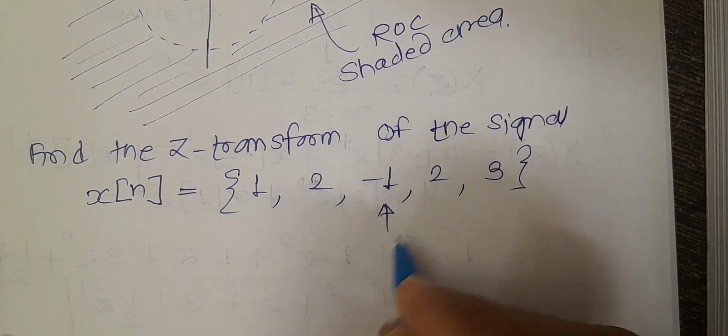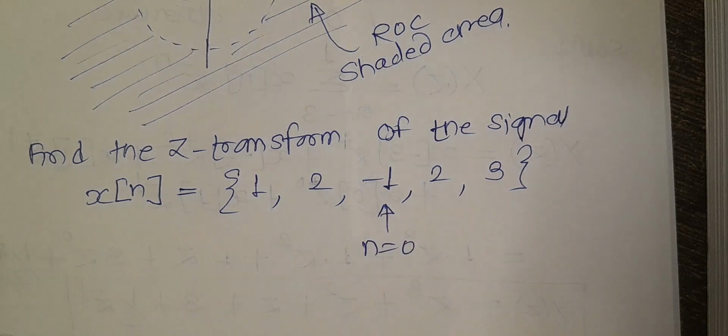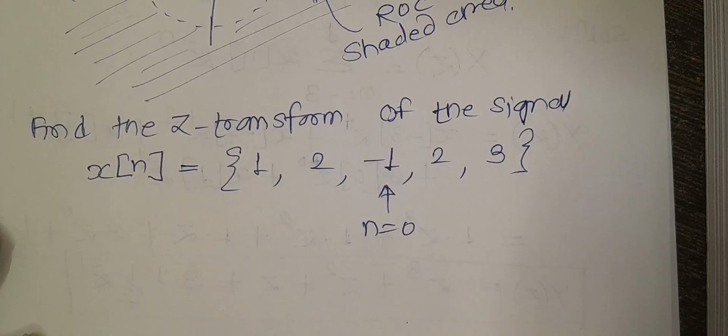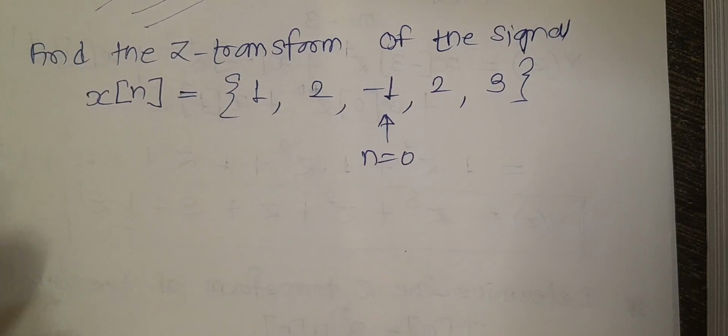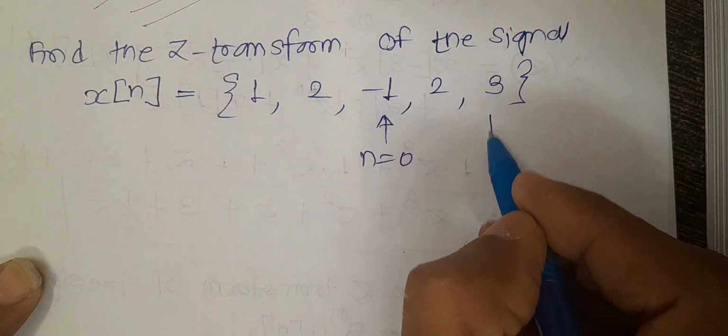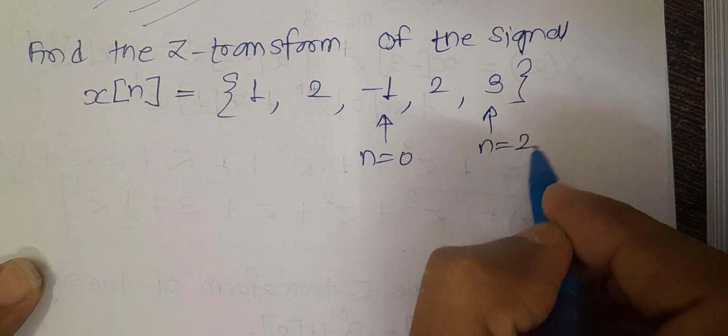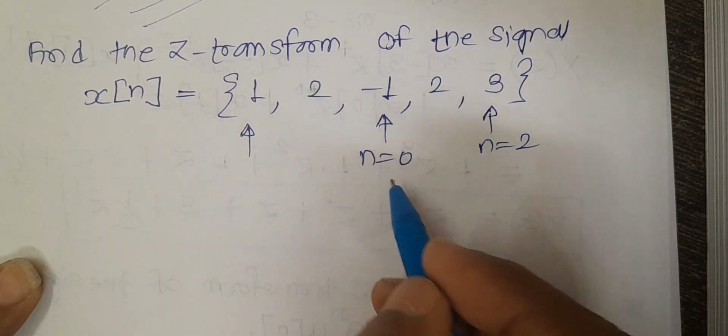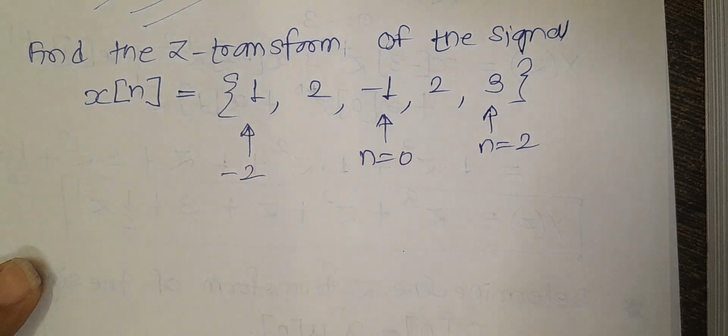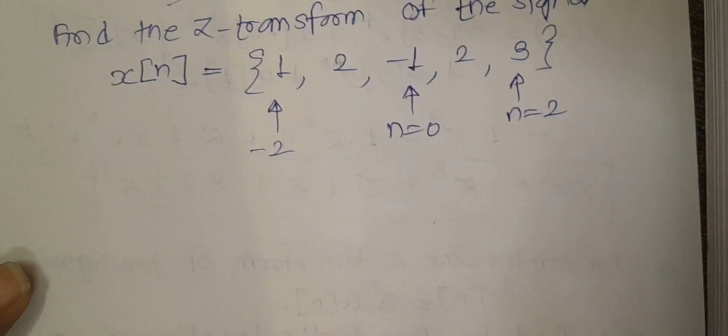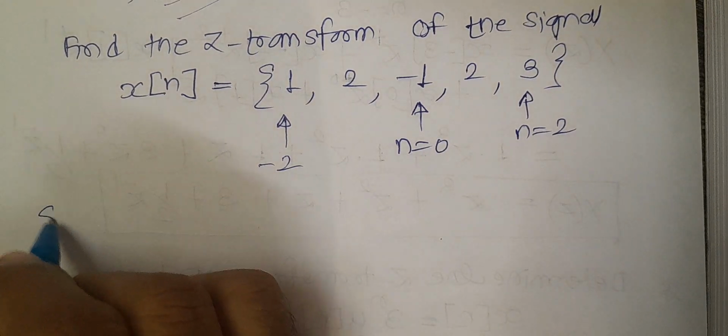So here n is equal to 0 at the center value. That means this is a two-sided signal. Here n is equal to 0, here n is equal to 2, and here n is equal to minus 1, minus 2, like this. So this is a two-sided signal, therefore the solution is